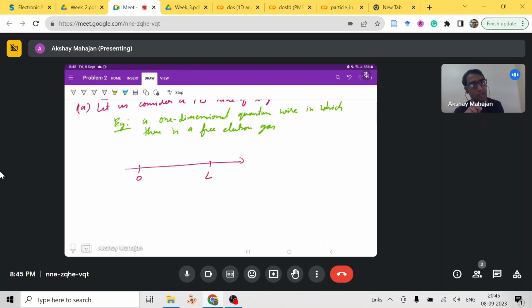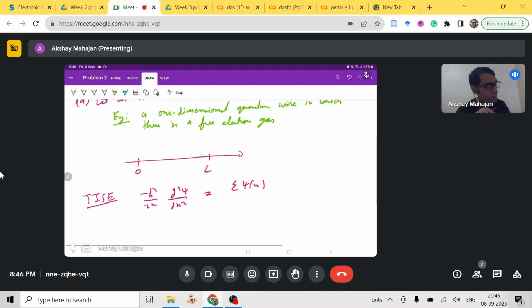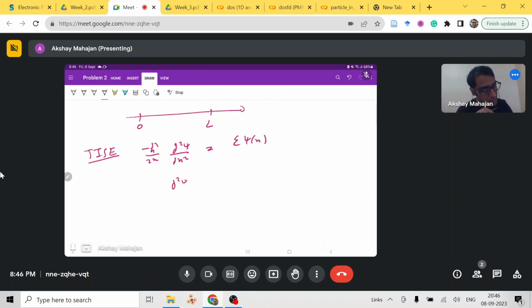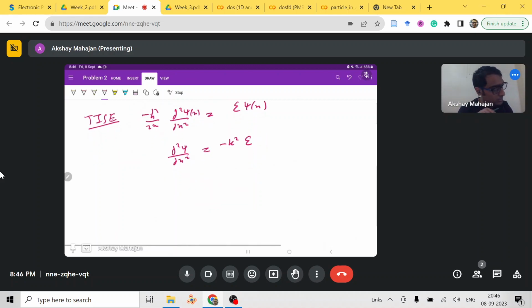Now earlier we have 3D, we have a box, in 2D we have a square, and now in 1D you just have a line. Now doing the time independent Schrodinger equation, minus h bar square by 2m del square psi by del x square. Here the del square will just be in one dimension only, so again we have del square by del x square, which is a function of x only. That will be equal to minus k square times epsilon times psi of x,